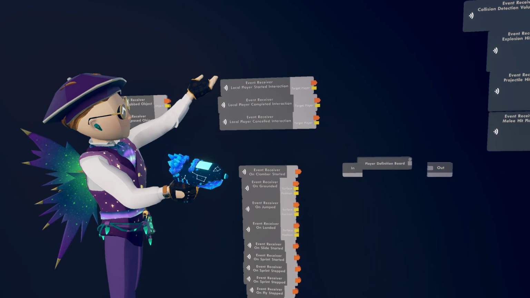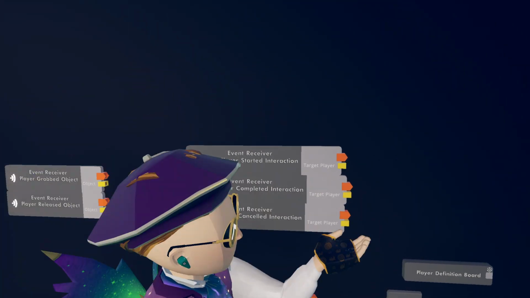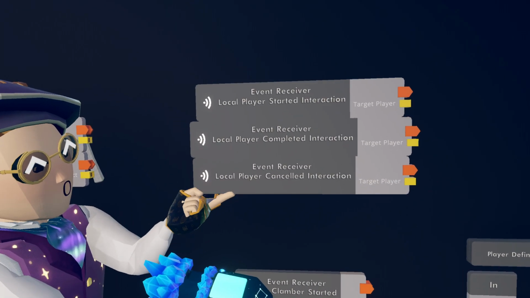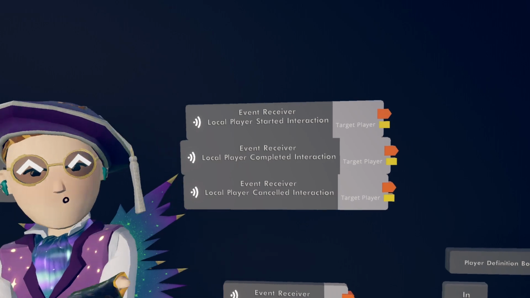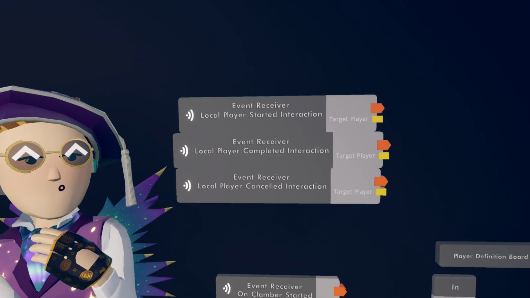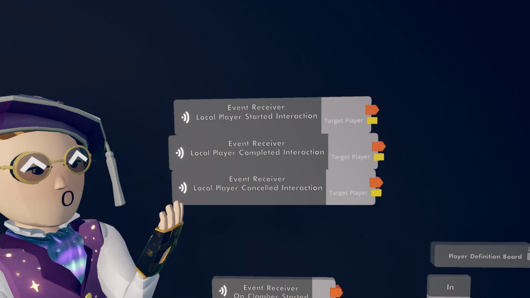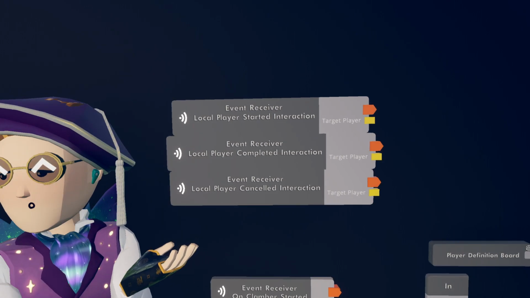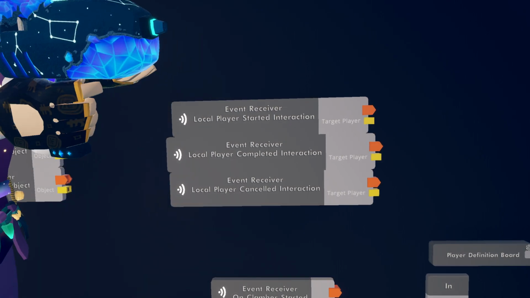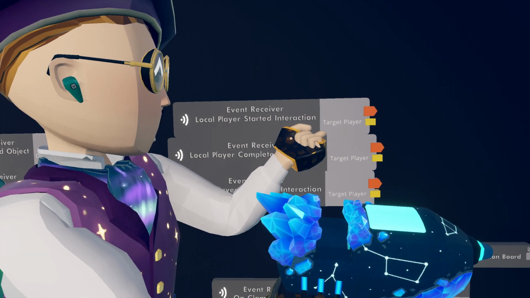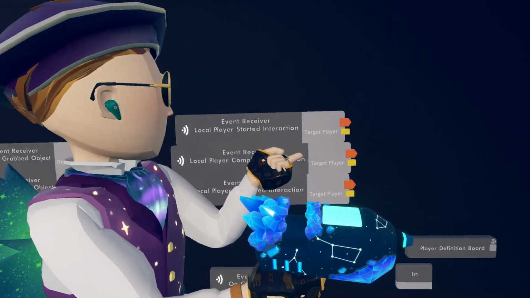All right, so here are the events. Note this says local player, meaning this will only run for you as the local player, regardless of the player definition board. So I really have no clue why this is in the player definition board, but it is. So this outputs the player you clicked on.